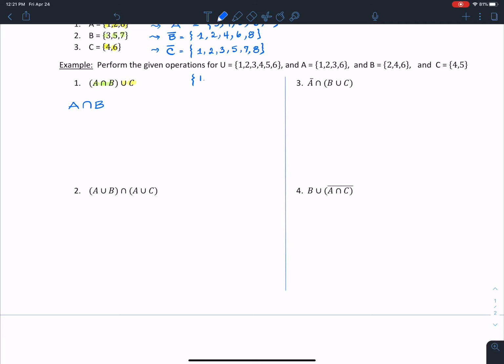So what is A? A is 1, 2, 3, 6, correct? And B is 2, 4, 6, and C is 4 and 5. Take a minute to check things over. 1, 2, 3, 6, 2, 4, 6, and C is 4, 5. So first thing I want to do is A